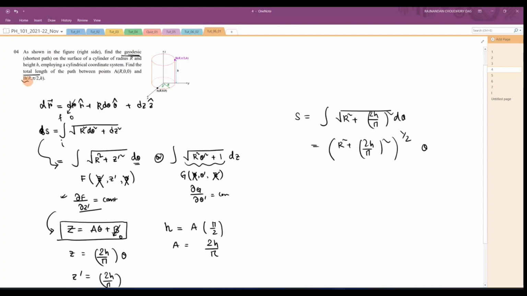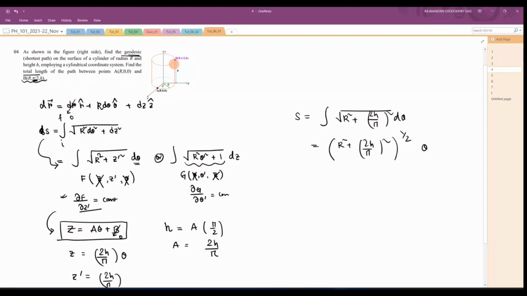When you are at point B, z is equal to h, theta is equal to pi by 2, right? Okay, that's how. Because B is the final condition. That is why. Because we are supposed to find the length between A and B, which has to be minimum. That means it must have been passing through this A and B point. Right, got it.